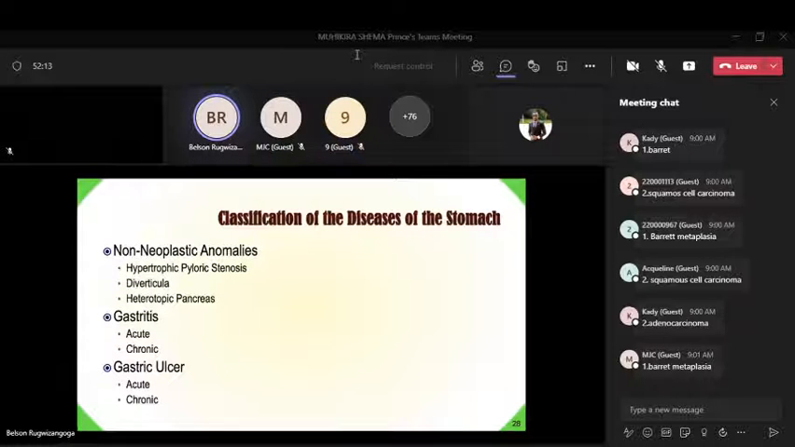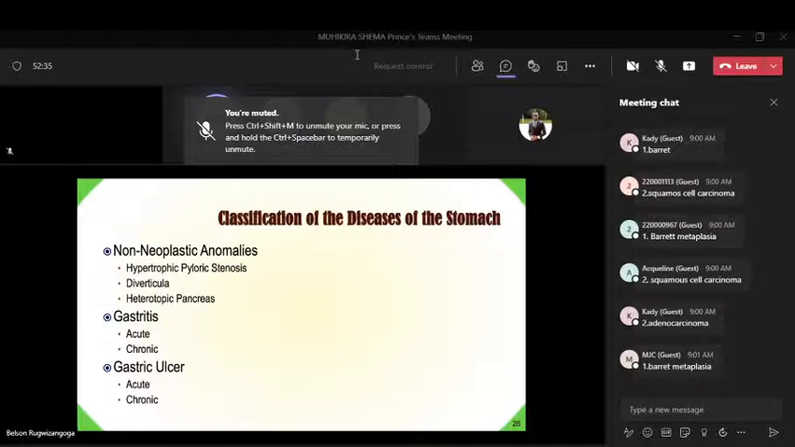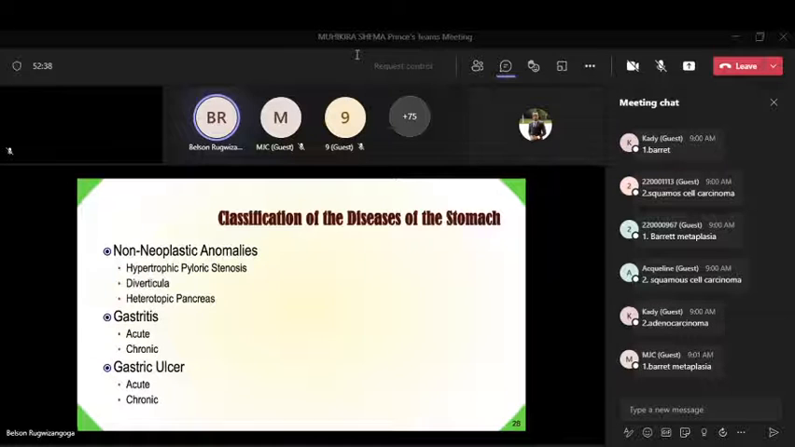Then there is gastritis, and this is a disease which affects many Rwandans. It can be acute or chronic. When it is caused by Helicobacter pylori, it is always chronic because it is discovered after many weeks of onset. There is also gastric ulcer, which can be acute or chronic. An ulcer is usually chronic, but it can be acute when someone has very severe stress, for example, if someone undergoes